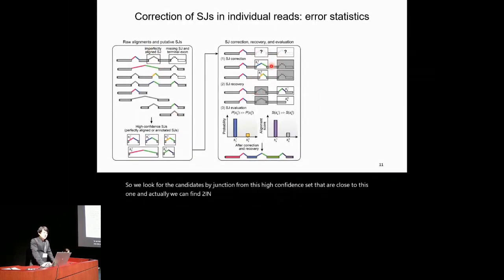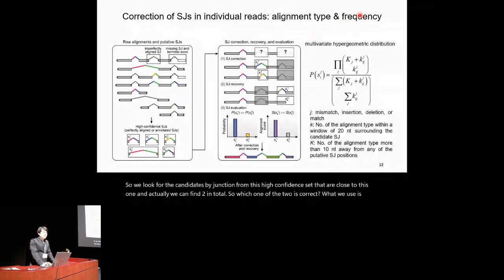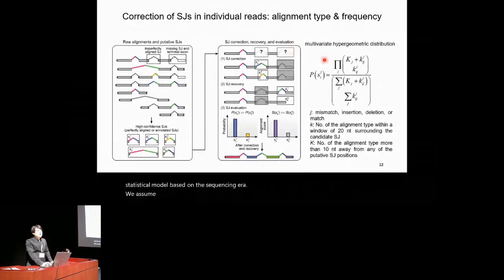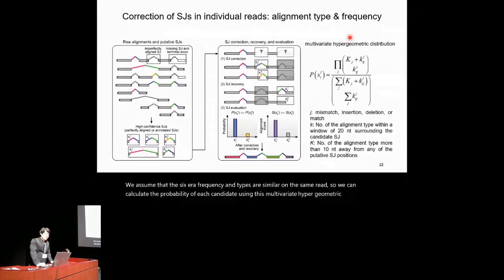So which one of the 2 is correct? What we use is a statistical model based on the sequencing error. We assume that the sequencing error frequency and types are similar on the same read. So we can calculate the probability of each candidate using a multivariate hypergeometric distribution based on the number of mismatches, insertions, deletions, and matches. Next, we calculate their probabilities and select the one with the highest probability. Ideally, by doing this, we can identify all of the splice junctions correctly and find all of